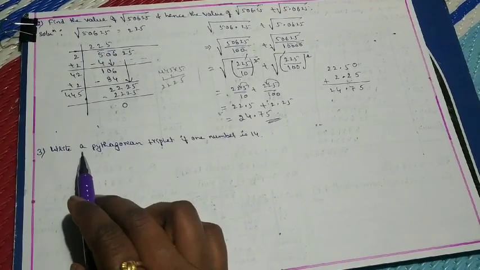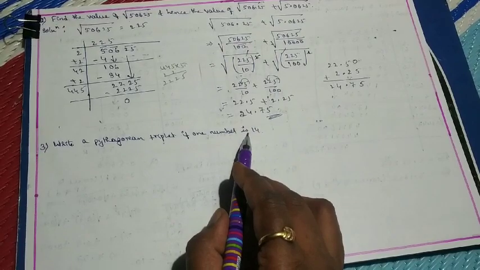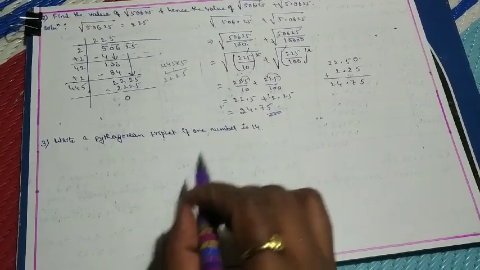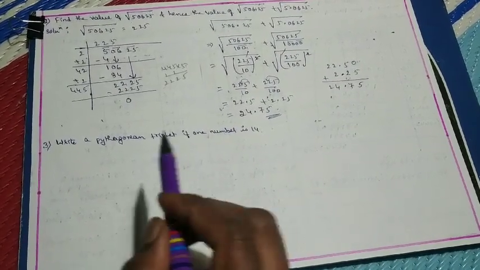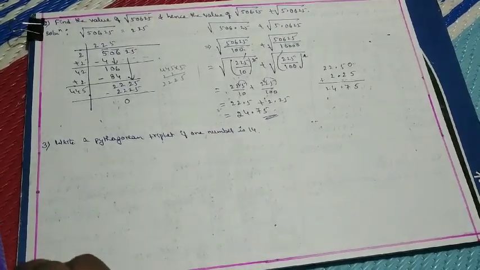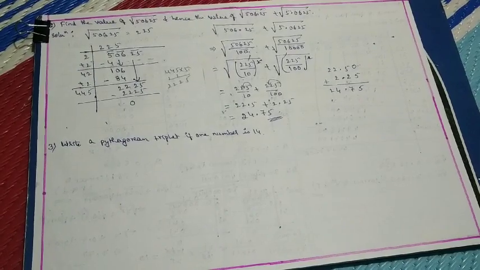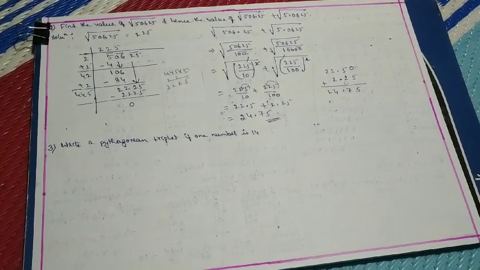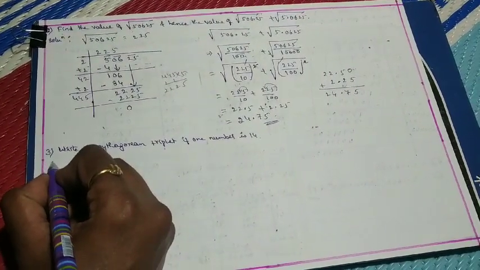Third question, write a Pythagorean triplet if one number is 14. So here only one number is given, children, that is 14, and other 2 more numbers you need to find, again which should satisfy the Pythagoras theorem, that is hypotenuse square equal to base square plus perpendicular square. So here there are 2 methods of solving this question, children, if the number is even. That is, the first method I'll show you,